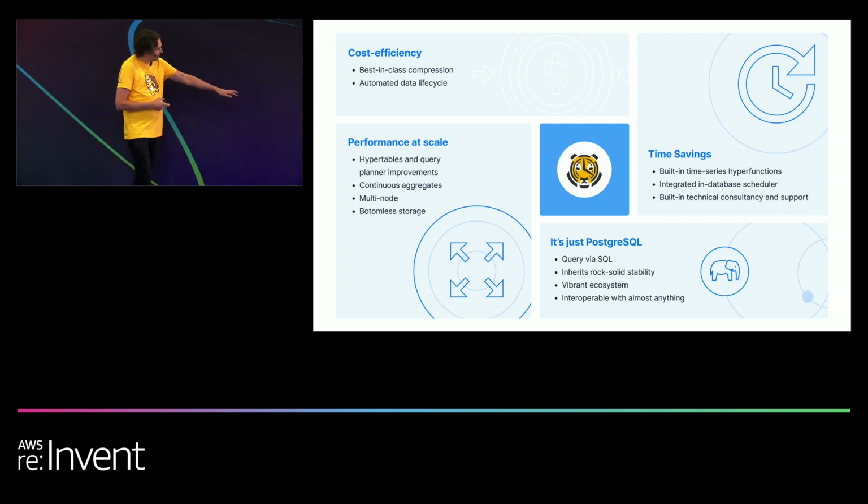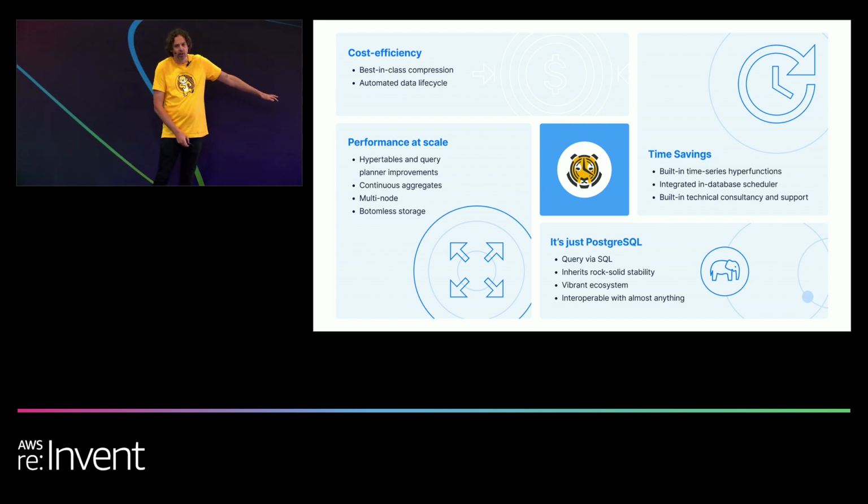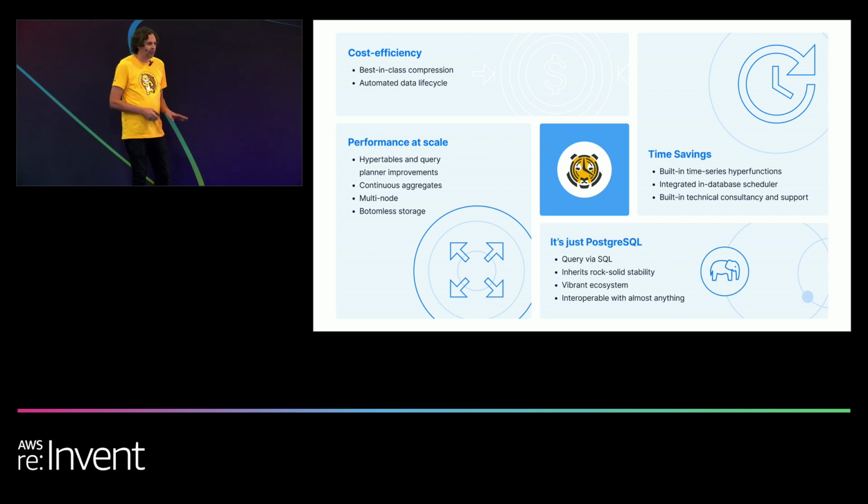Another feature that we're really excited about, and we actually announced as part of the AWS re:Invent schedule, is mentioned down here under performance at scale. It's bottomless storage. So this is a closed beta feature at the moment, and I really encourage you to come and talk to us about it if you'd like to. What it allows you to do is tier data to Amazon S3 using the Apache Parquet format, and then query that data transparently with the same table.